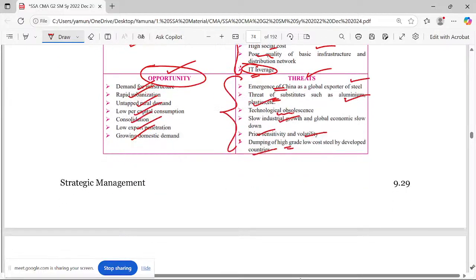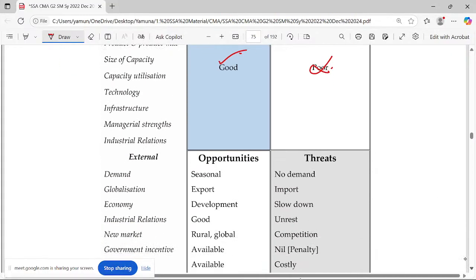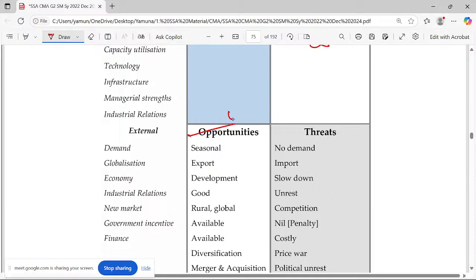So let me come to the next table. This is a general part as well, so you can just take this as noted. Don't try to memorize these points, but depending on them, you can guess what the illustrated one will be. The strength should be good. The weakness should not be poor. Whereas if you go for the opportunities, you utilize the opportunities, please make a note of it, and you eradicate the threats.